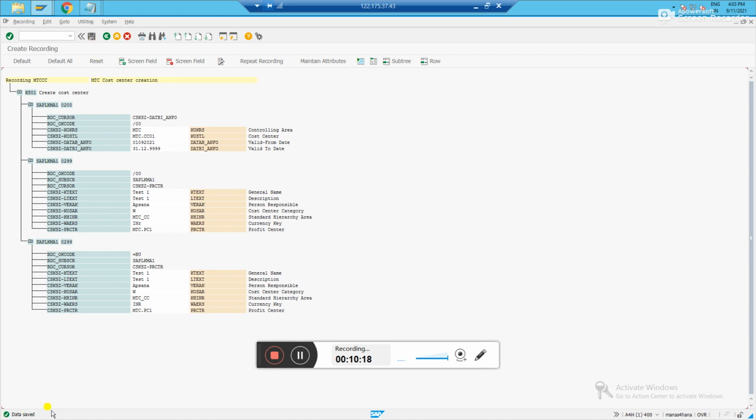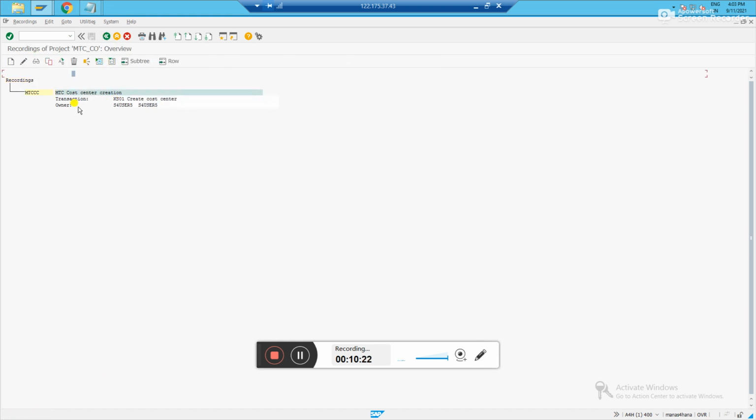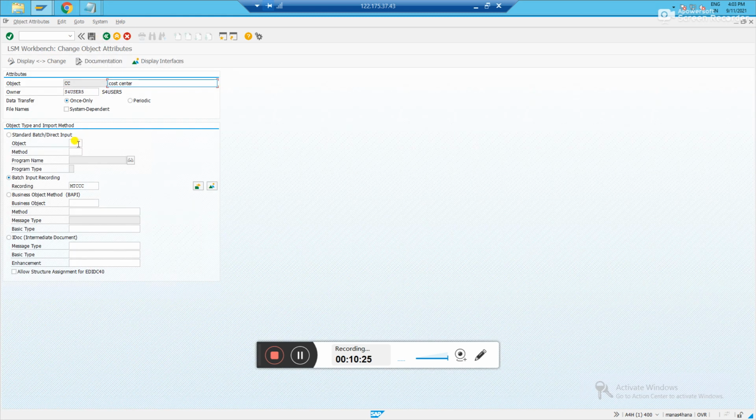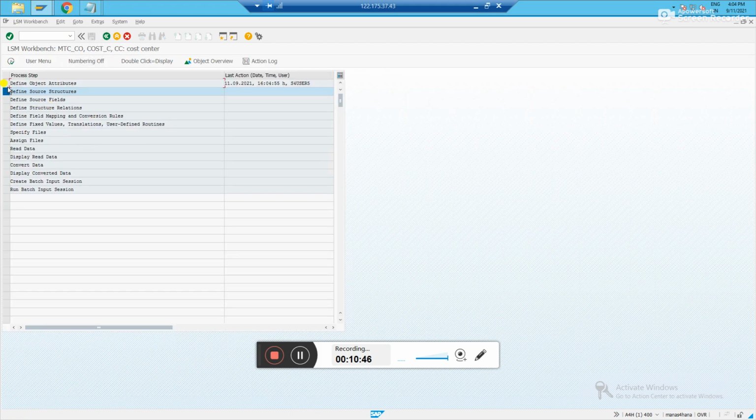See, data saved. Okay, you just go back. Okay, go back. See here the naming, whatever name you typed here, MTC CC, that is the same name you have given for the recording also. Both names should be the same, otherwise the recording will not happen and you will see errors. Okay, save it, data saved, back. You see the first step is done, the cursor has moved to the second step. Yeah, now we are in the second step.